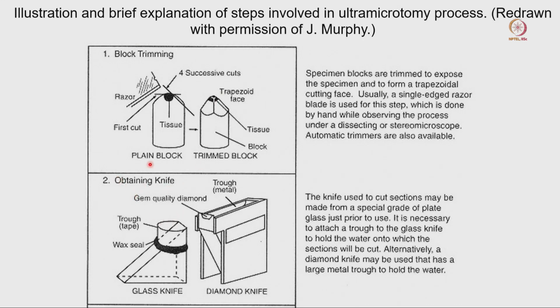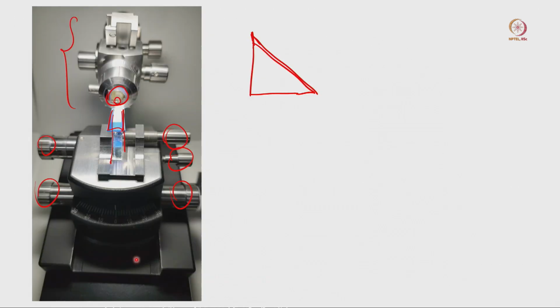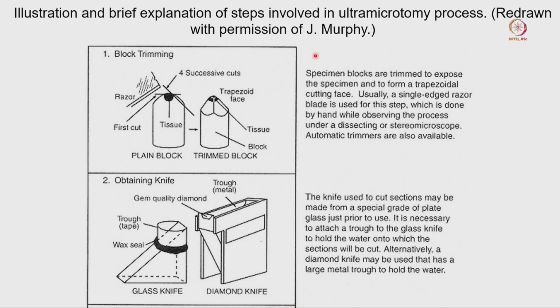Now, this is obtaining the knife. So, there are two different types of knife we can use. We can use the glass knife or we can use the diamond knife. So, diamond knife will be here, which is cutting, and this is the area where it is going to store the section. Now, if you look at this, this is the glass knife I was drawing in the last section. If we just go here, you can see the overall shape will be a triangular shape. So, here, this is that glass knife where this is the edge. This edge should be very sharp. If it is a blunt edge, then it is going to damage your tissue sample.